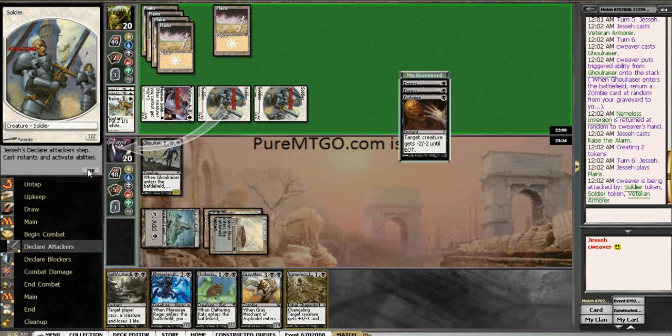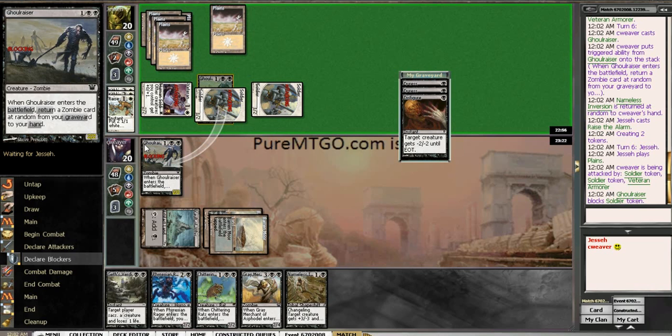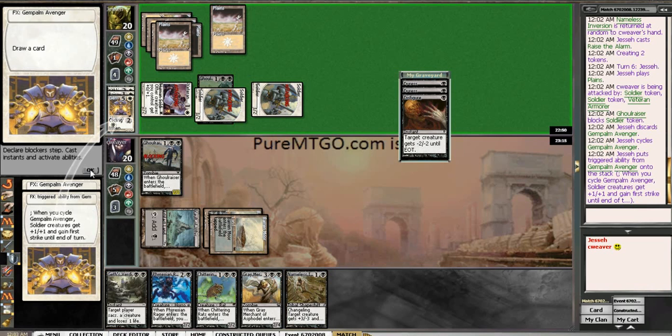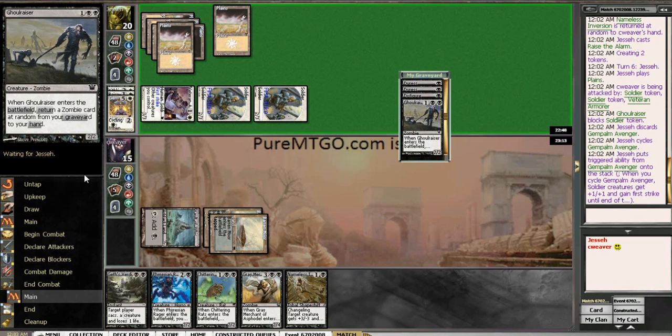I think we're just going to kill one of the soldiers. I can Nameless Invert the Veteran Armor. Unless, of course, he's got like a Guardian's Pledge. Oh, nah, they get first strike. Duh. That thing gets cycled and they get first strike. Okay, that was a misplay on my part. But honestly, I've never played against this deck before, so...